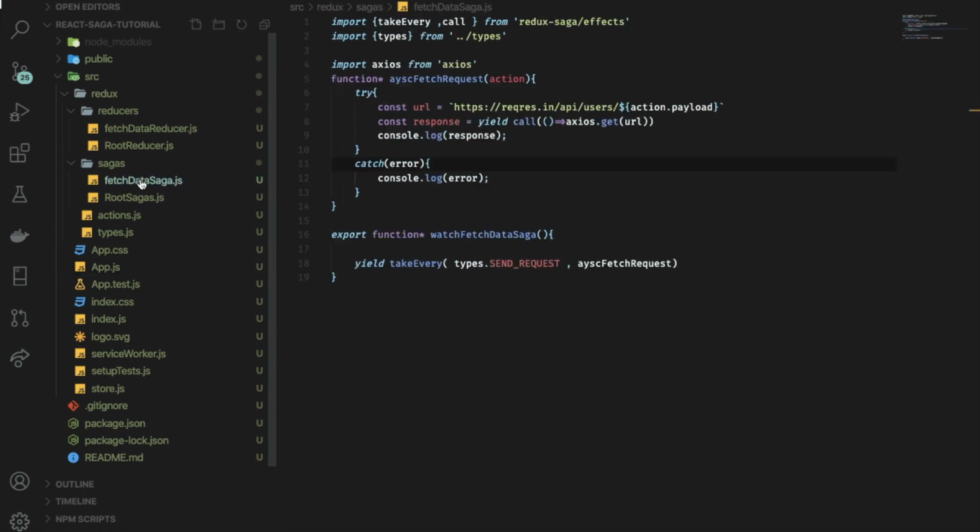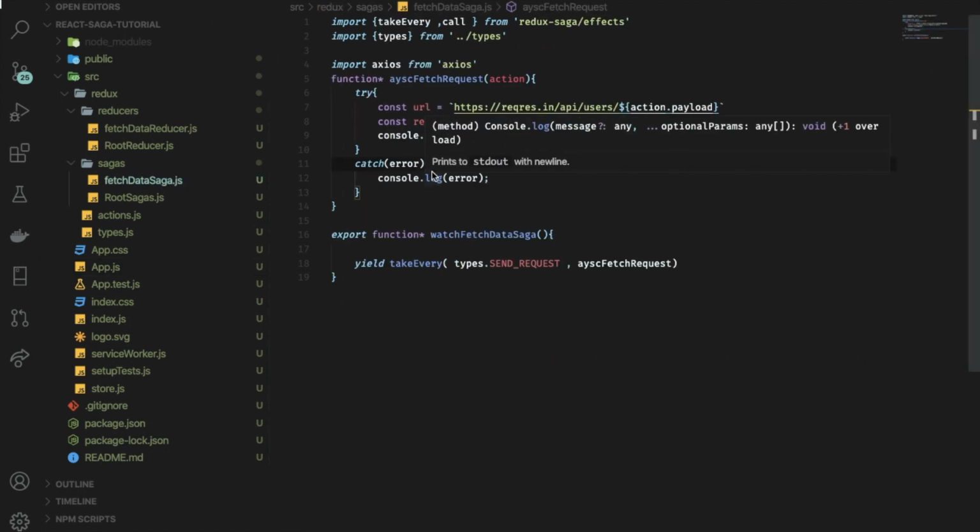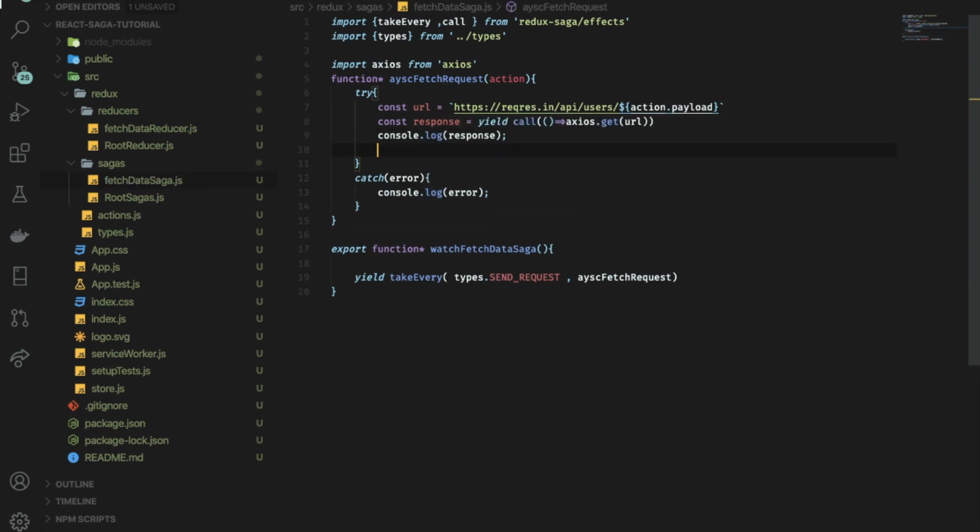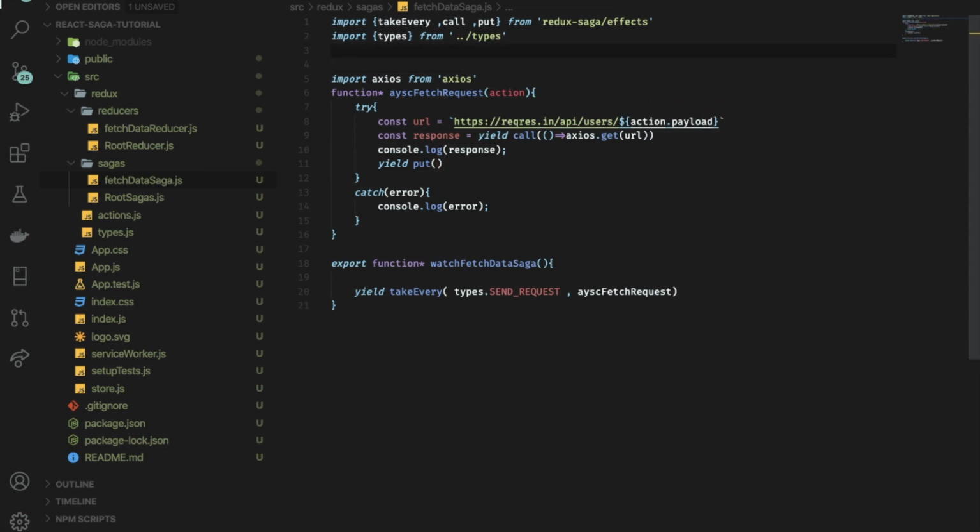Okay, so now to show it inside my React component, all I need to do is update the state. For that, I need to go inside this fetchData saga and write yield put, and inside that put you need to define that action, and also you need to import it from Redux Saga effects. So inside the put, you need to call that success action. For that, just write import